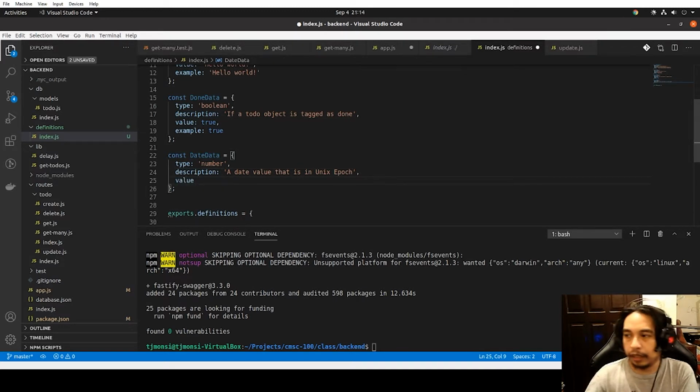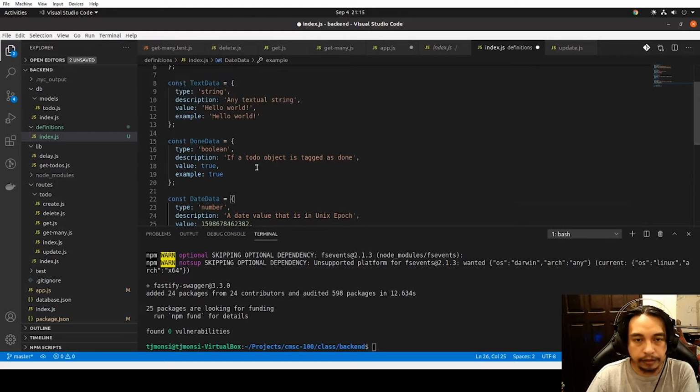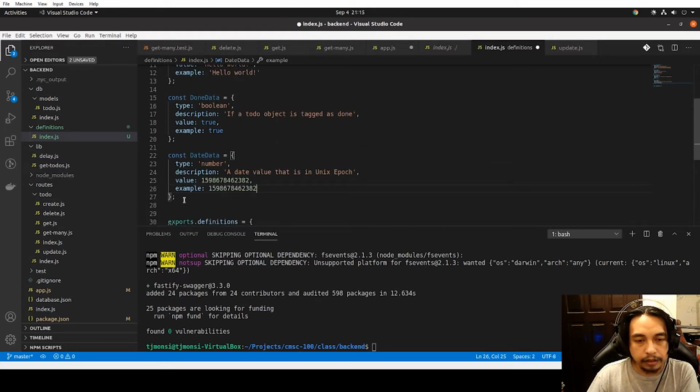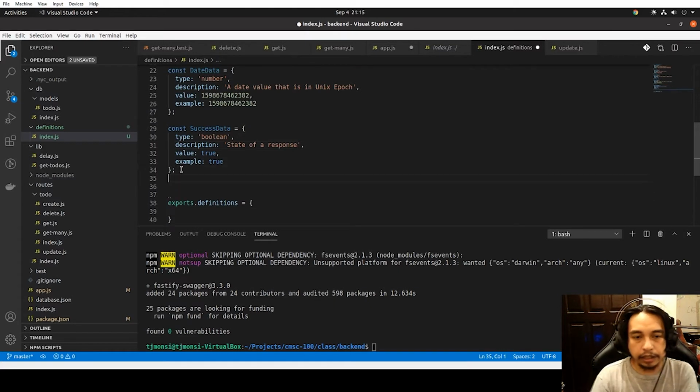And the value is, let's say, this one. Example is this one. Now after that, we'll have, of course, I'll just copy this. Success data, state of a response, and let's just try out const success